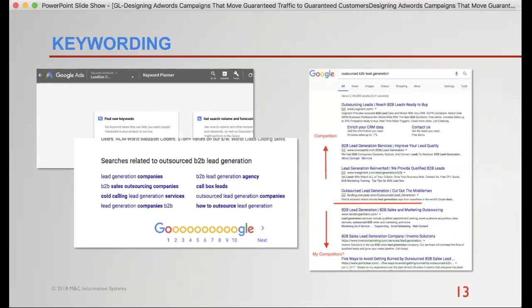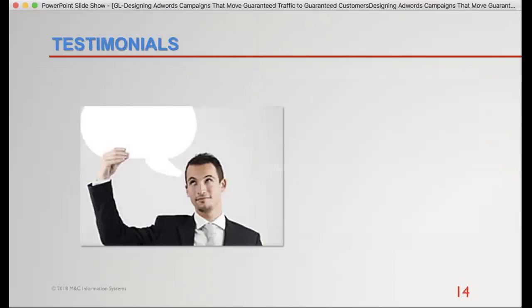Because if they're not, it's probably a term that you're going to want to ignore. So the way we control our ad spend is we spend a lot of time building the campaigns out on paper, but we also spend a lot of time looking through the actual results. And we suggest that you do that too.